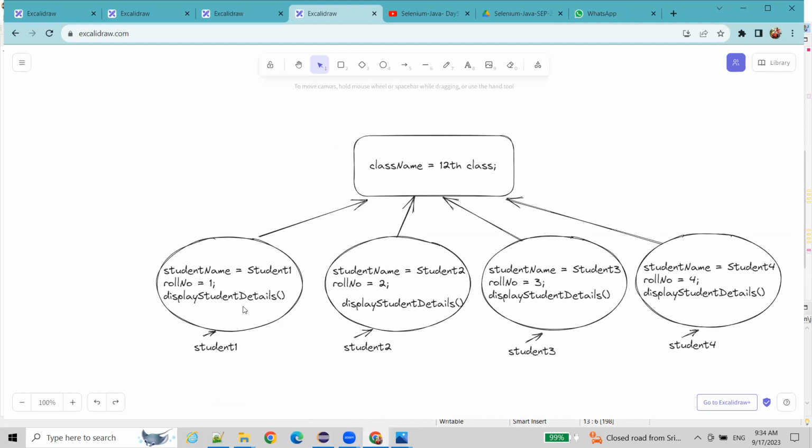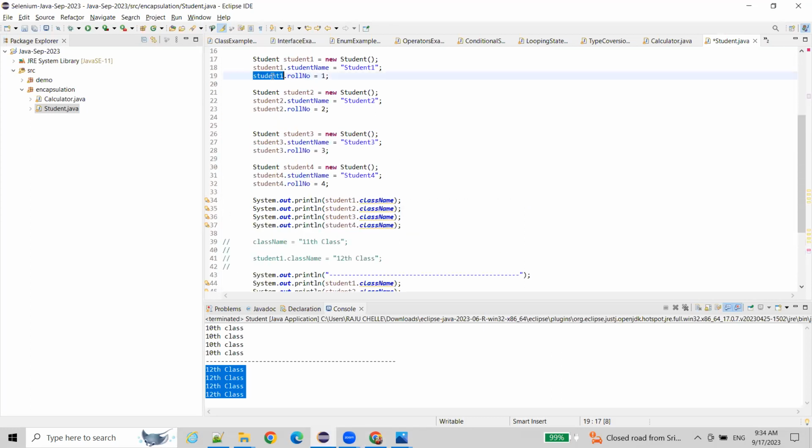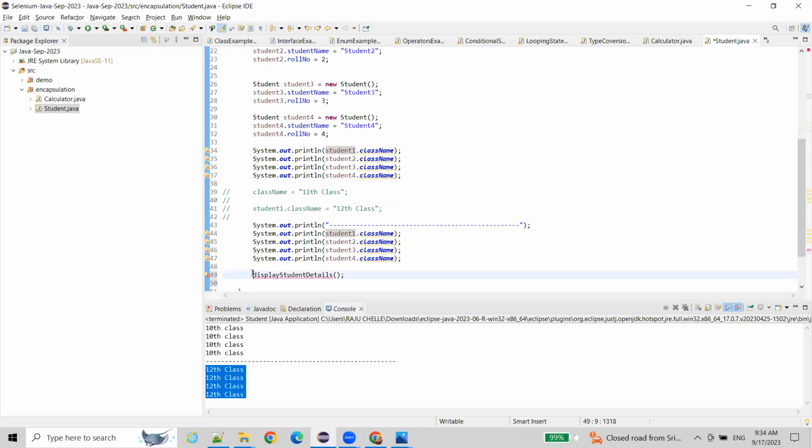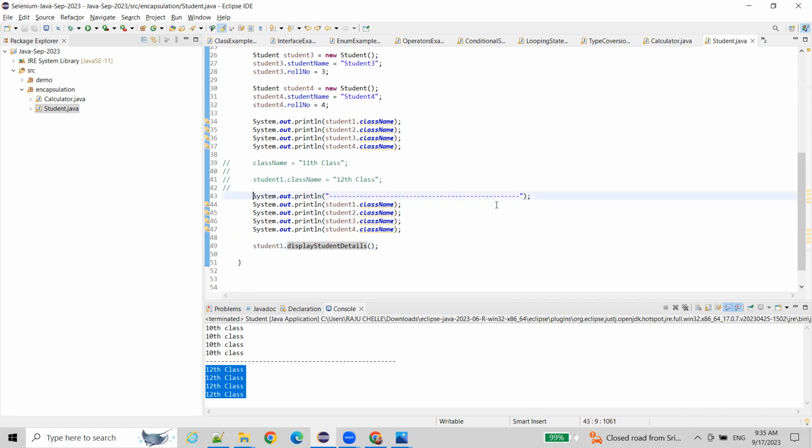So when you call display student details, you have to call with that reference, whatever the reference you created for that particular memory, with that reference only you have to call. Suppose if I call with student one, it will display student one details, not all other students,